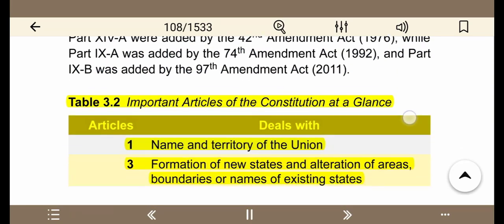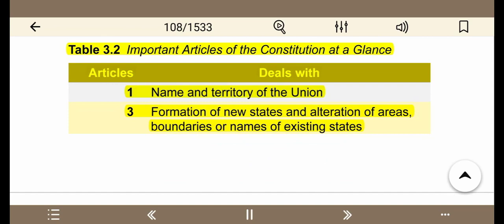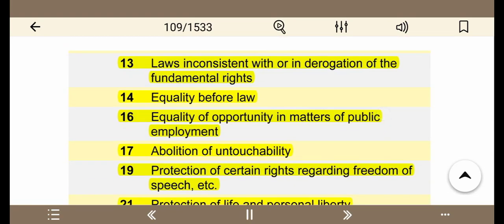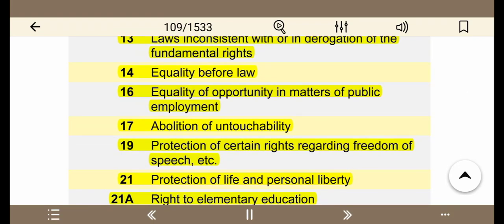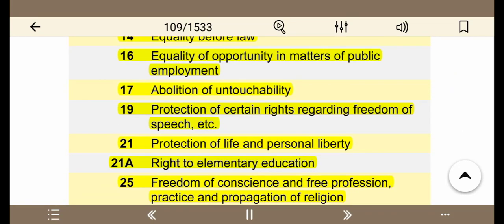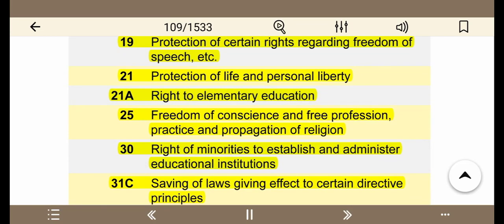Table 3.2, Important Articles of the Constitution at a glance. Articles deal with: 1, Name and territory of the Union. 3, Formation of new states and alteration of areas, boundaries or names of existing states. 13, Laws inconsistent with or in derogation of the fundamental rights. 14, Equality before law. 16, Equality of opportunity in matters of public employment. 17, Abolition of untouchability. 19, Protection of certain rights regarding freedom of speech, etc. 21, Protection of life and personal liberty. 21A, Right to elementary education. 25, Freedom of conscience and free profession, practice